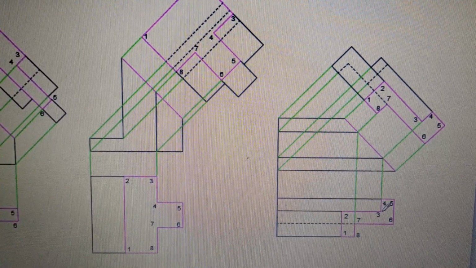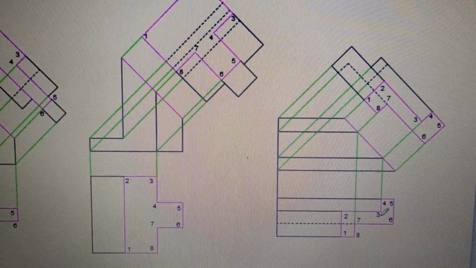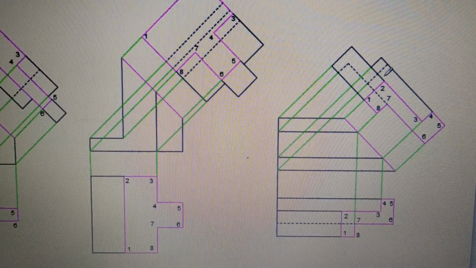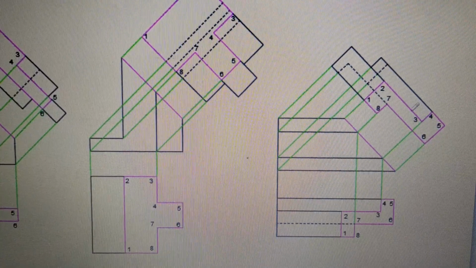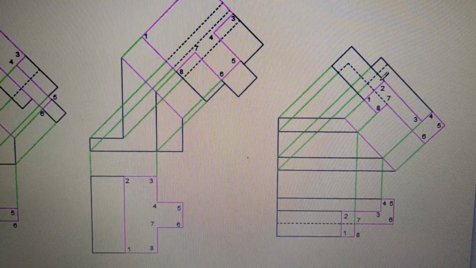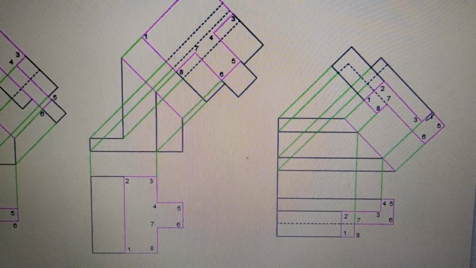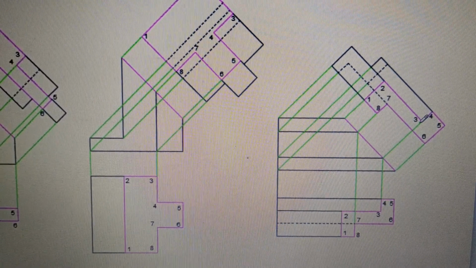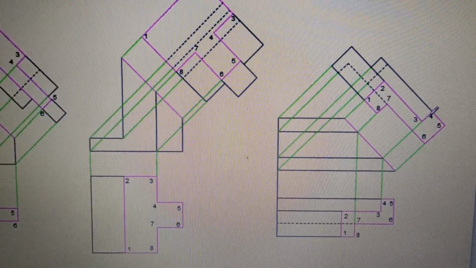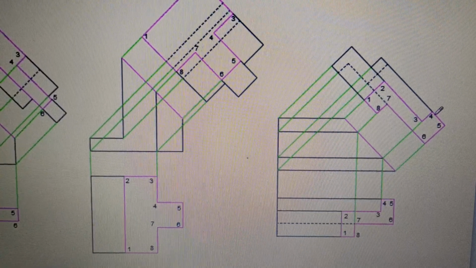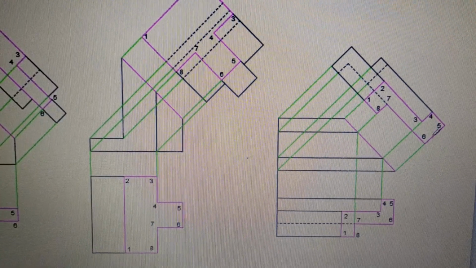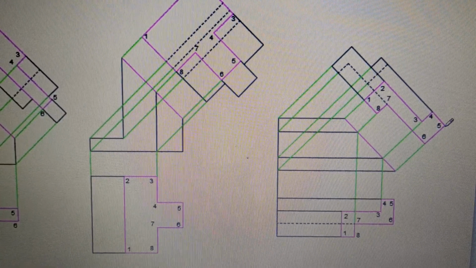Now 2 to 3, this distance is not going to remain the same, it will be different. Now 3 is at this place. So draw a perpendicular, and from 2 draw a line along the inclined surface. So 2, 3 is parallel to this surface. Draw this line, and that will give you point number 3. Now 3 to 4 is not going to change. So from 3 to 4, draw a line like this and get point 4. Now 4 to 5, 5 is here. Draw this line, 5 will be here.